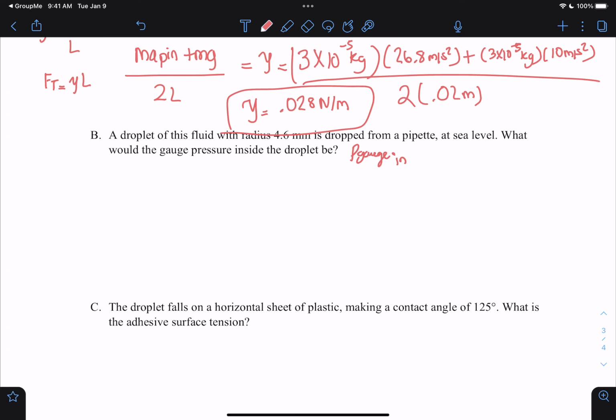Not quite the hydrostatic pressure equation. Kind of similar to it,